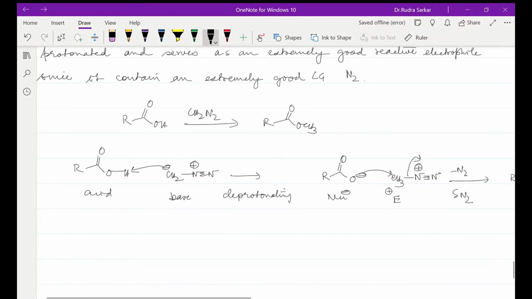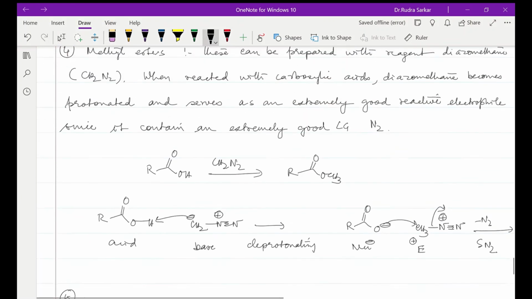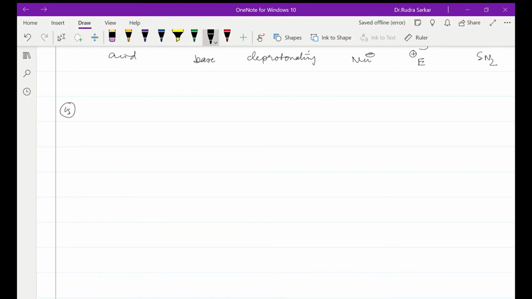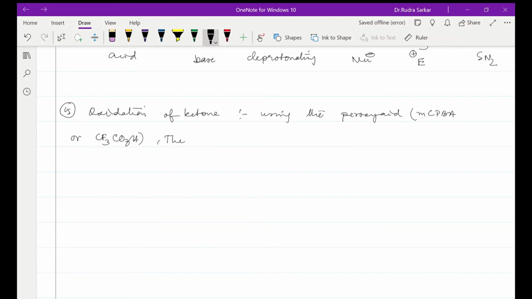Besides this, another procedure of making ester, which is our fifth procedure over here, will be the oxidation of ketones using the peroxy acid. That is, we can either use MCPBA, metachloroperbenzoic acid, or we can use the trifluoroperoxyacetic acid. This is basically a Baeyer-Villiger oxidation process,